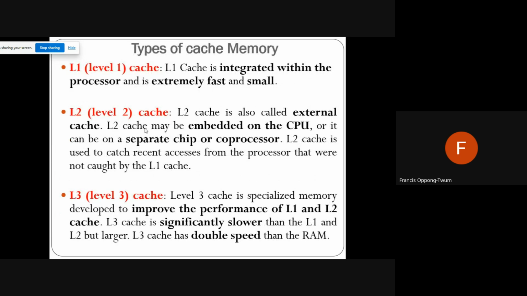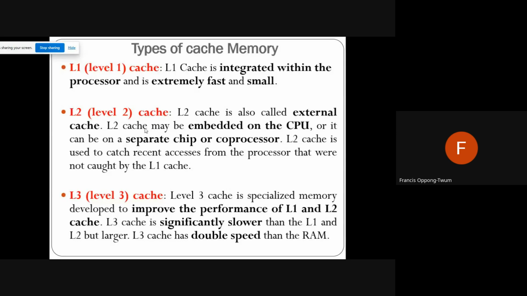So when we talk of the cache memory, we have levels. We have the level 1 cache, the level 2 cache, and the level 3 cache. The level 1 cache is mostly integrated within the processor and it is extremely fast and small. And we have the level 2 cache, which we mostly call the external cache. The L2 cache may sometimes be embedded on the CPU, and it can also be on a separate chip